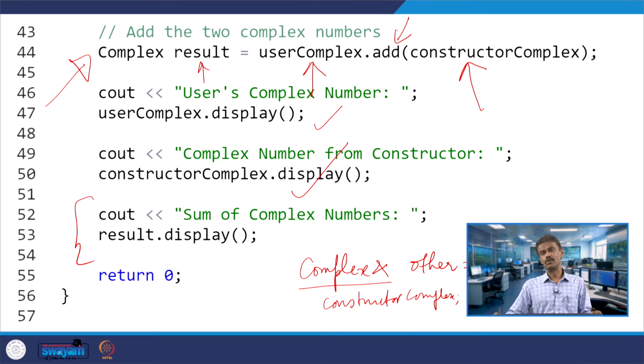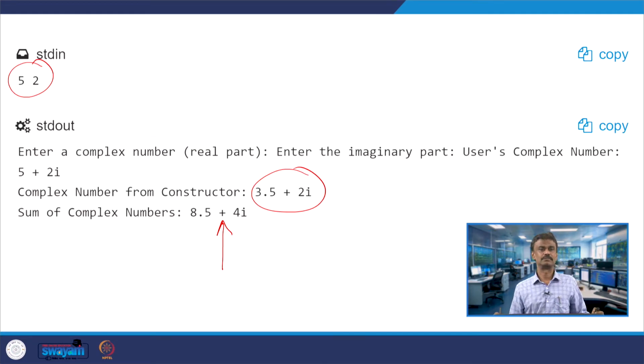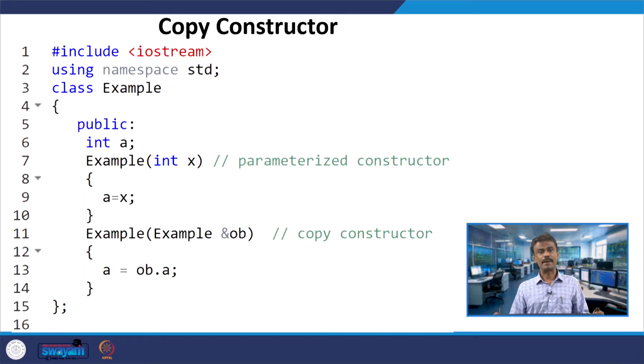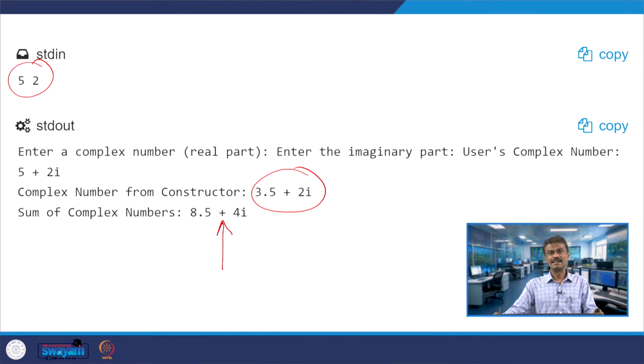So, this is how we can use the applications of the parameterized constructor. We had seen several applications on the default constructors and the parameterized constructor. This particular problem is slightly interesting because of the two inputs, the real and imaginary parts, one you are taking from the user, another one you are passing to the constructor. So, slowly you are getting familiar with these object classes and the constructors concept, right.